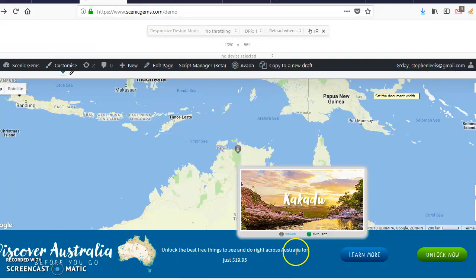Very happy with the outcome of the footer. There are some changes which I'll go through. Just before I do that,